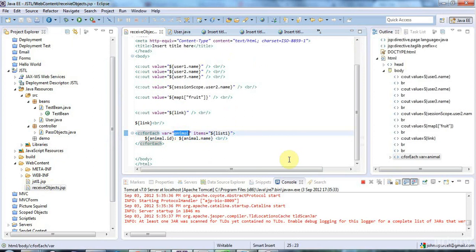So that's another kind of forEach loop for you in JSTL, and in the future we're going to use this for iterating through a database, which is going to be very useful. But actually, just one last thing for this tutorial, and if you already know HTML then certainly skip this, but just to show you, I'll put this in an HTML table, so I have an open and close table